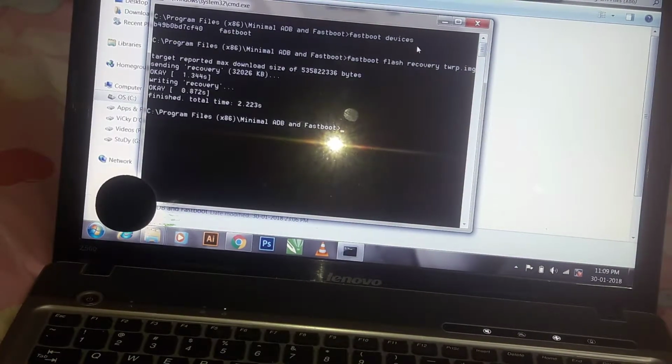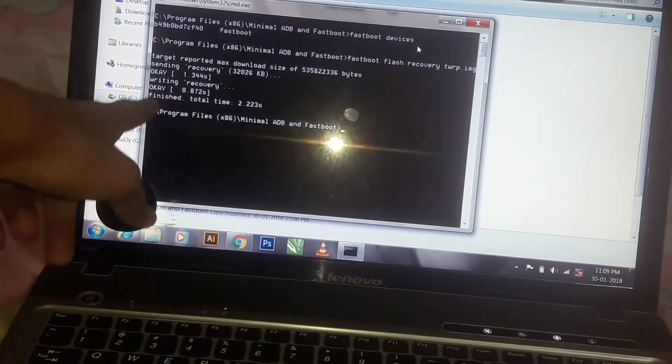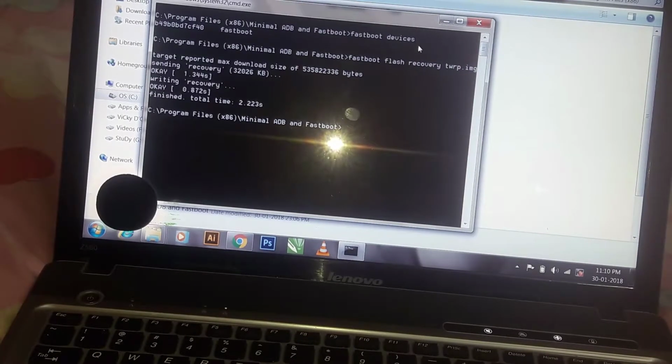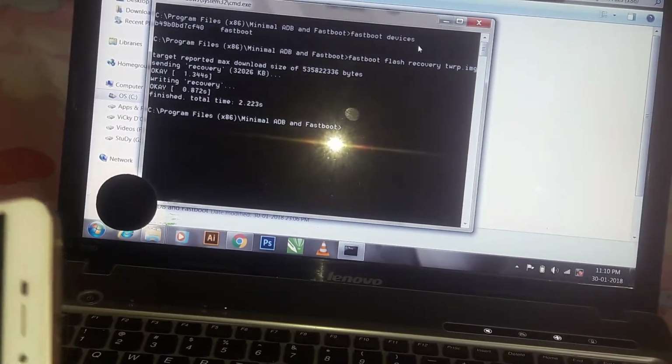I have named it TWRP because shorter is best, or else you need to type the whole name of that file. So now as you can see, it's showing finished writing recovery, and it shows okay 2 times,